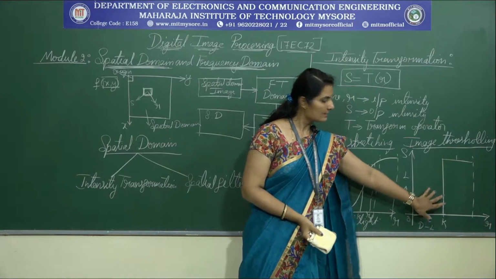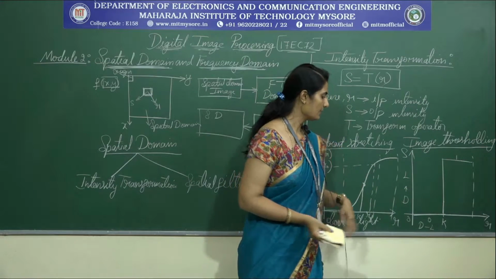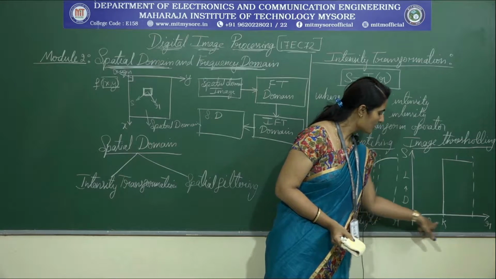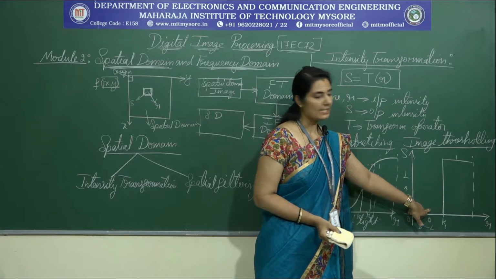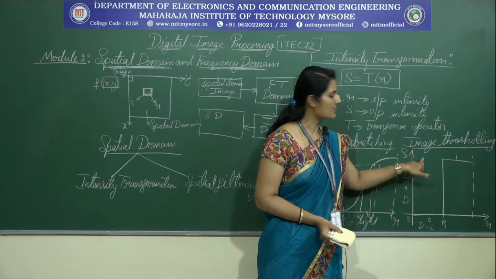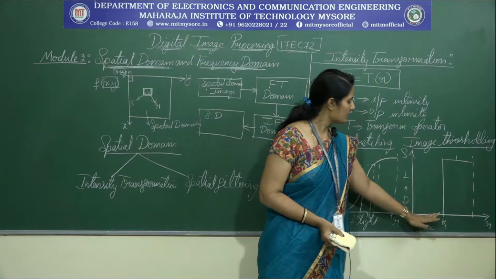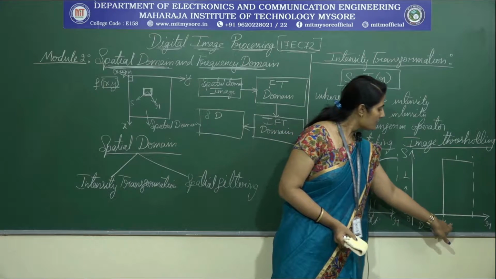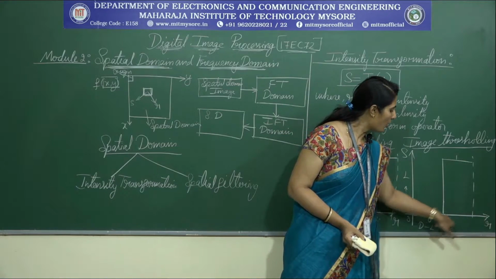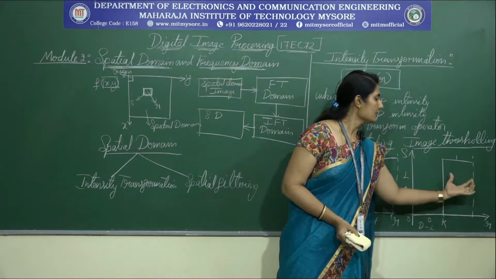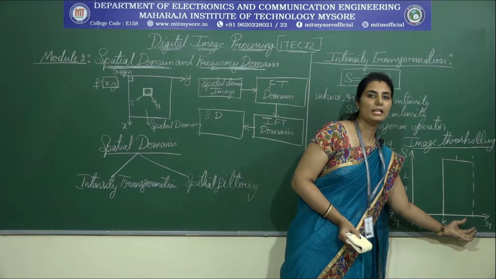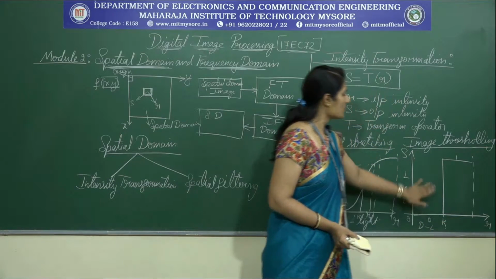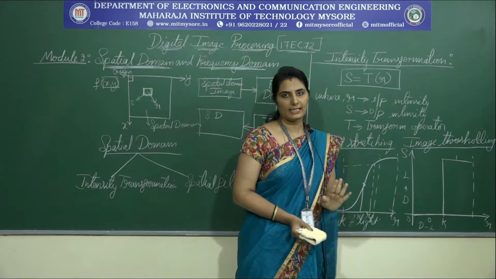So here in image thresholding, observe that if the value of R lies in this range, that is from 0 to K, it is assigned the value 0. Okay, that means it is assigned black. If the intensity value of R is greater than K, then it is assigned the value white, that is L minus 1. Okay. So thereby this produces the binary image.